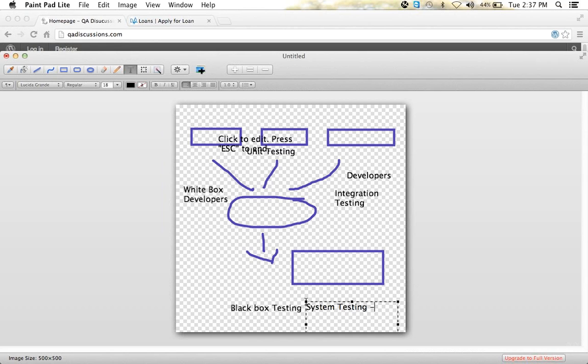In system testing, all types of testing are covered. That may be load testing, performance testing, stress testing, security testing, functional testing, GUI testing. Whatever testing we do, all the types of testing come under system testing. We have so many types of testing in the QA field, and all those come under system testing.